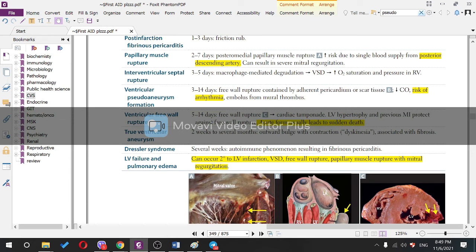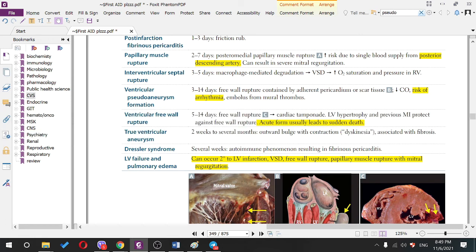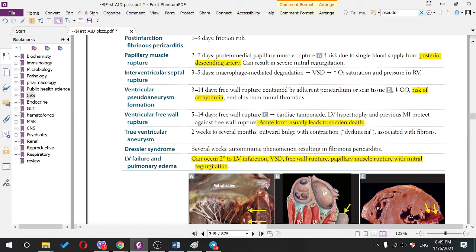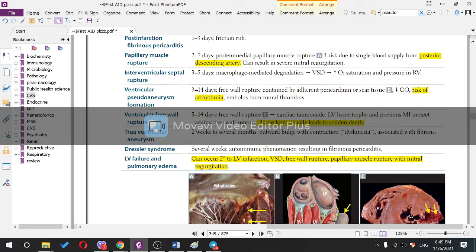The other complication we have is Dressler syndrome. Really important. You must know that it's an autoimmune phenomenon. And my question for you is, is it associated with a transmural or subendocardial myocardial infarction? Both. But if it was occurring 1 to 3 days after the infarction, it will be only the subendocardial one. If it is occurring late, like after 2 weeks, it means that it's autoimmune, like it's due to Dressler syndrome. Remember, in Dressler syndrome, your immune system is just taking a look at this